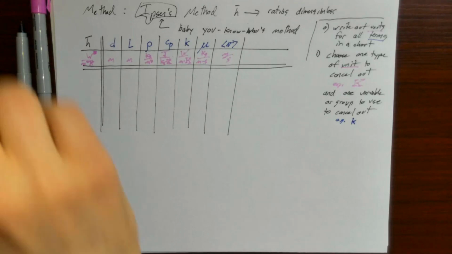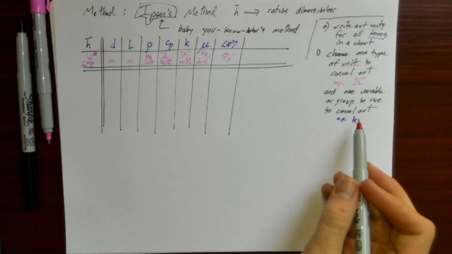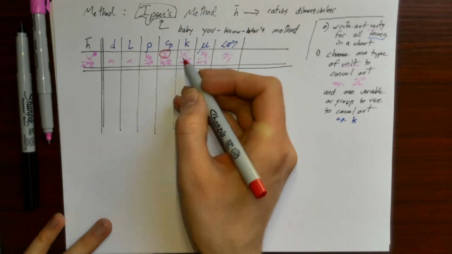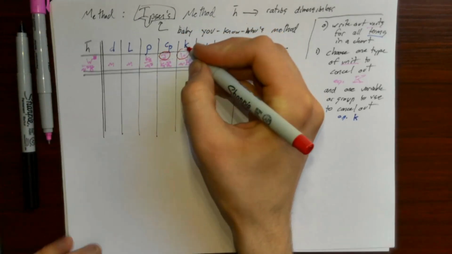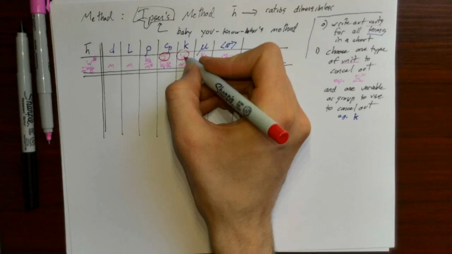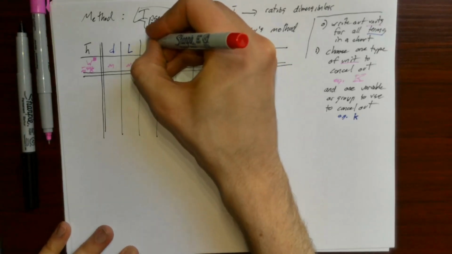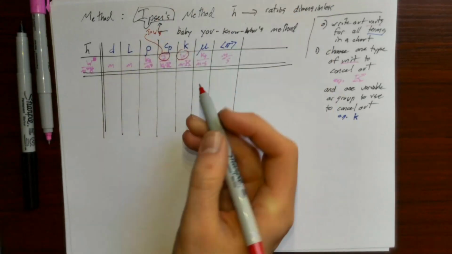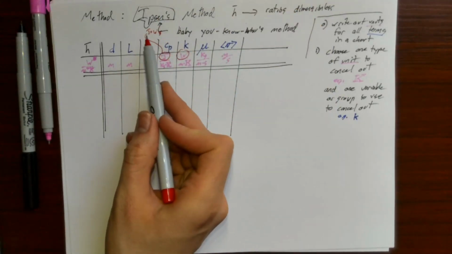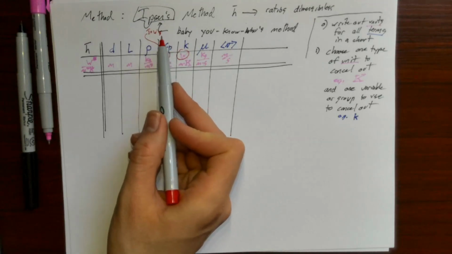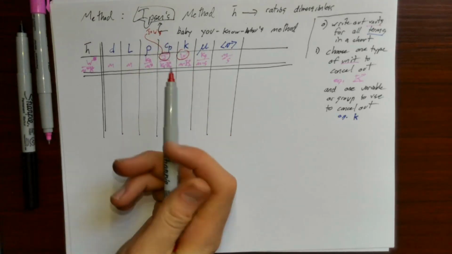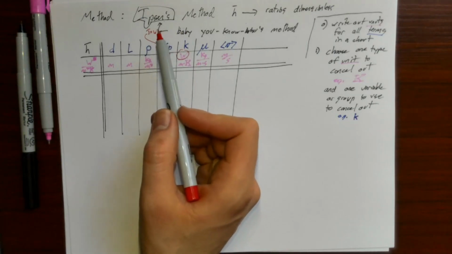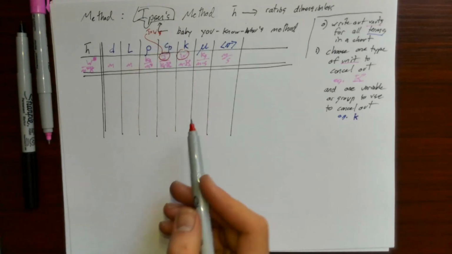One thing that you need to be a little careful about is that there are some units that secretly have other units inside of them. For example, watts and joules: if you remember, a watt is a joule per second, or a joule is equal to a watt second. Like the Newton is a kilogram meter per second squared. A joule is a Newton meter. A watt is a joule per second, right?